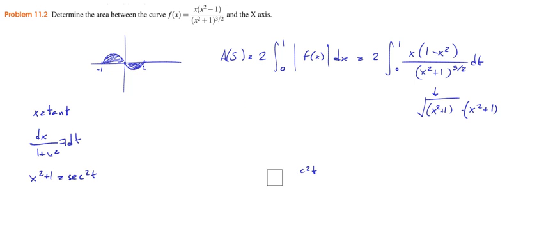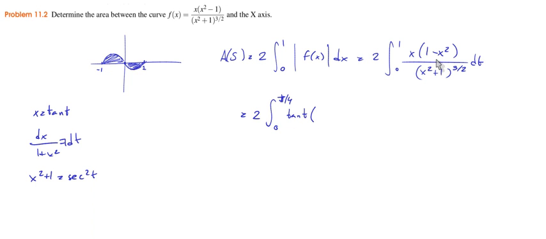Now I erase this too, and so now we have the integral between, and then let's see, when x is 0, the tangent is 0, of course. When x is 1, t is pi over 4, right? That's the angle that has tangent 1. And so here we have x is the tangent,